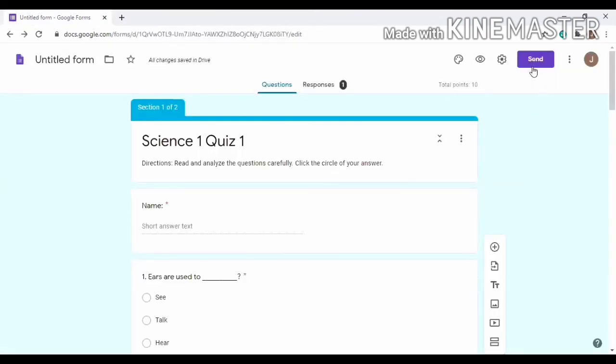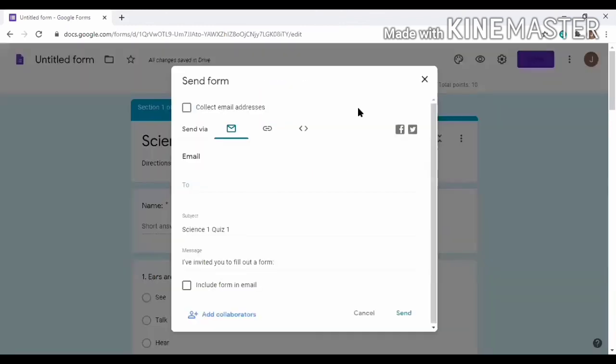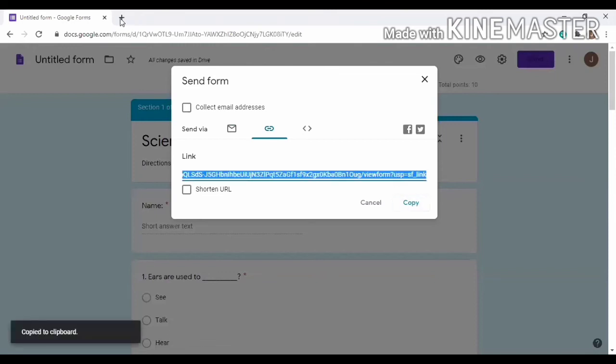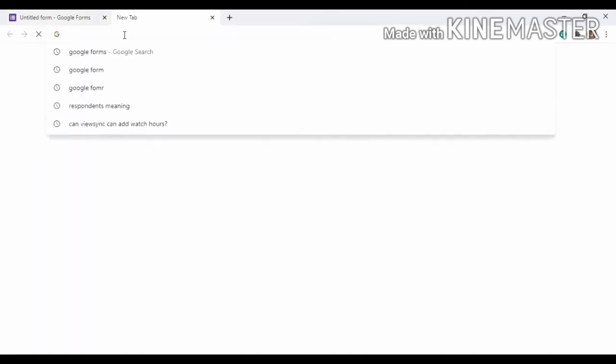Next one, let's try to send this one via link. This one link, just copy, click, copy. Ito, pwede mo siyang isend sa messenger. Sa example, meron kayong messenger ng mga students mo, just click copy, and then just give it to them directly sa messenger. And then once they copy it,